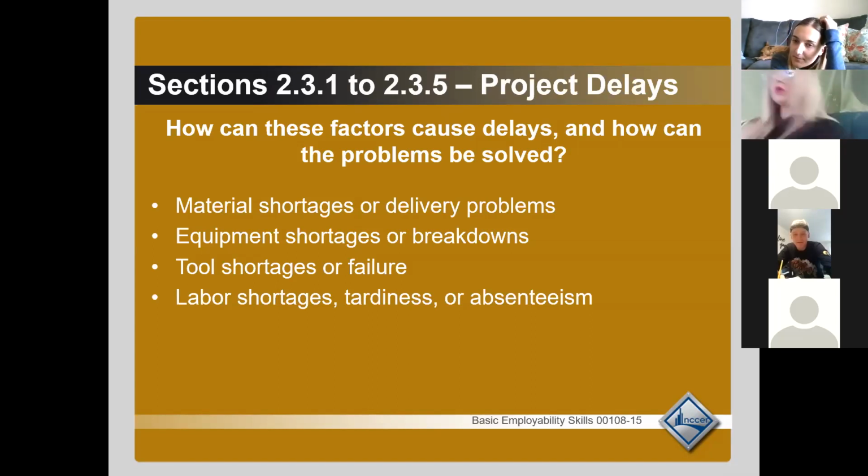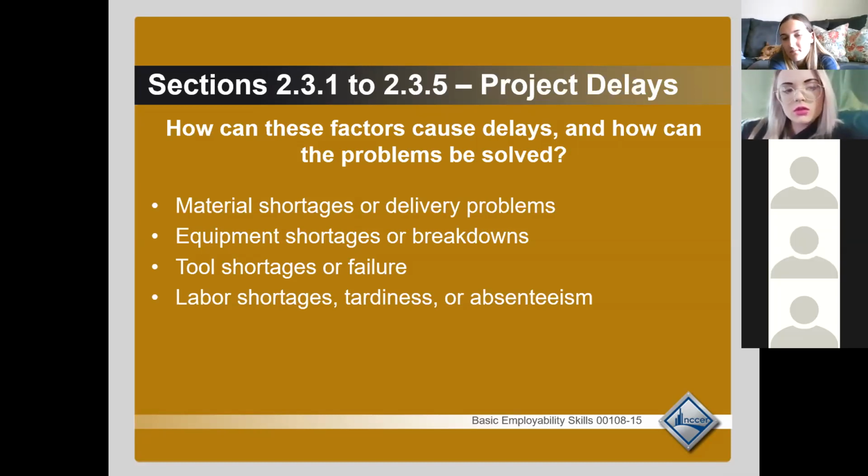What do you guys think? How could material shortages cause a project delay when you're on a construction site? More than likely, yeah. How do you think it would be an issue if you had a material shortage? You couldn't build what you were trying to build.